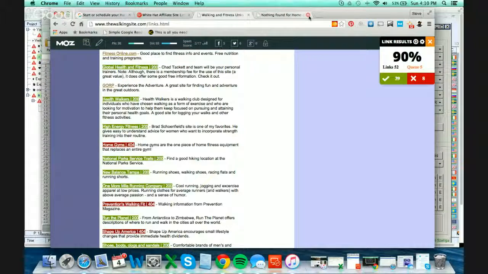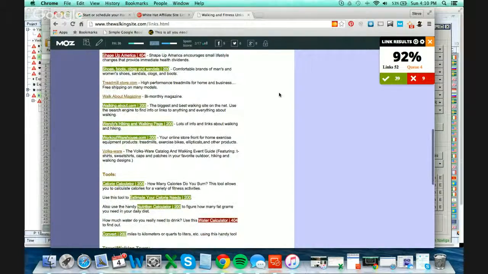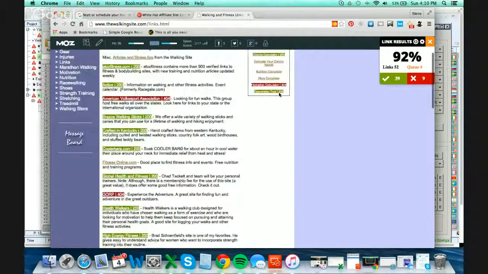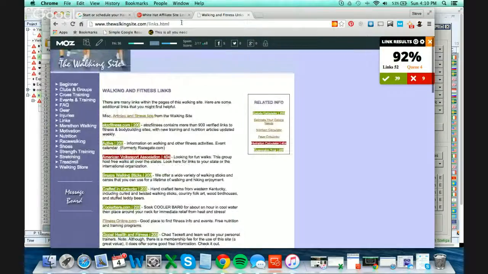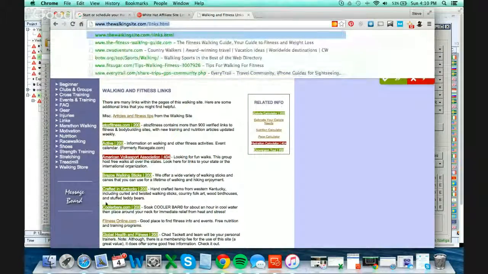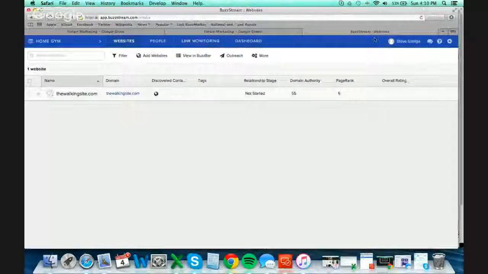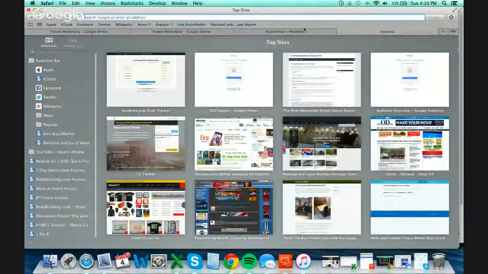Now, if we go back, this page has a page authority of 36, domain authority of 55. It's got a spam score of 2. So this is basically something good for me. I have no problem trying to get a link from this. So what I do is I take this, copy it, and then go ahead and open up